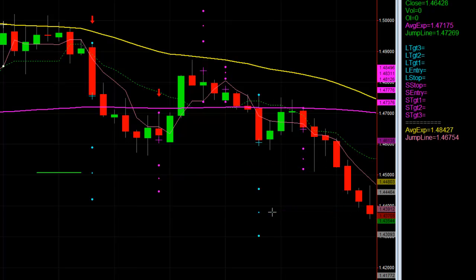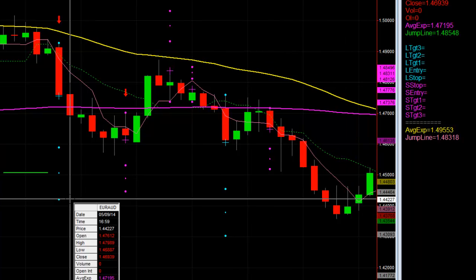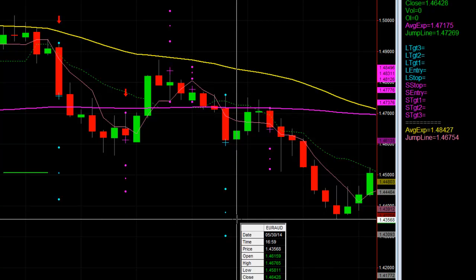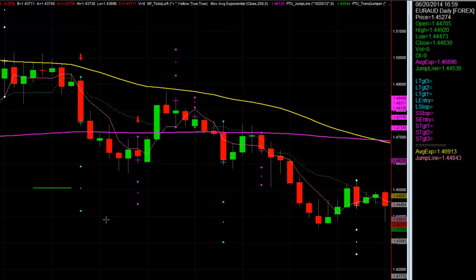Okay, now remember, you could go to the third target as well, in which case you would have hit that as well. This one almost got there, got a little bit past the second, not quite. So all in all, this is a very successful trade, taking advantage of each one of these setups. Each one of these setups is its own trade plan, dynamically tuned to market conditions at the right edge of the chart in real time. One of them didn't quite work out, but I'll take 3 winners and 1 loss